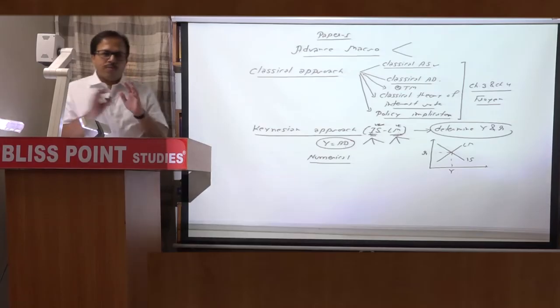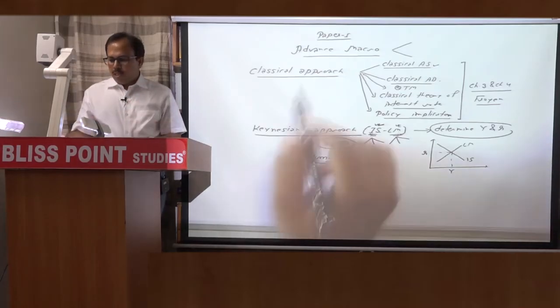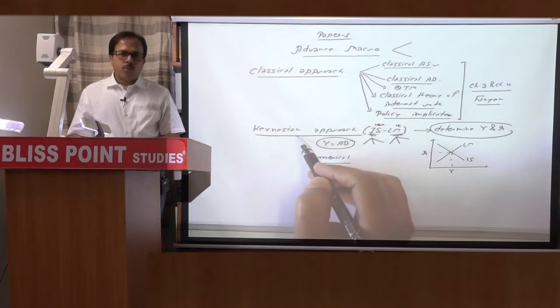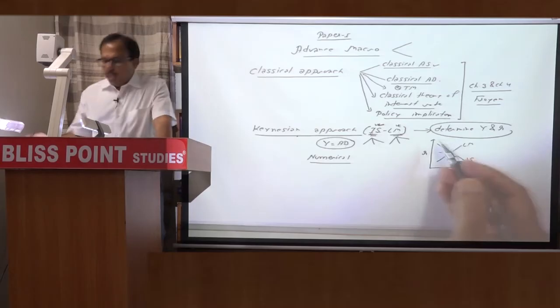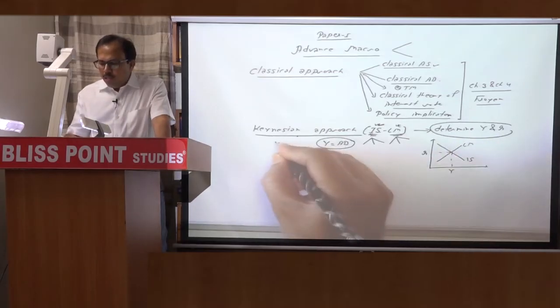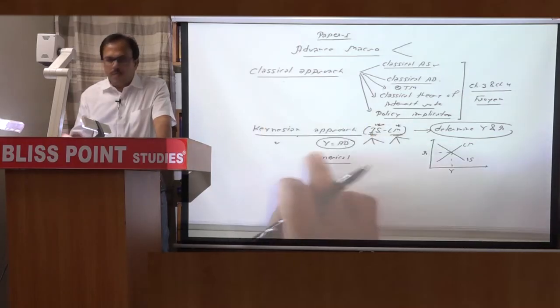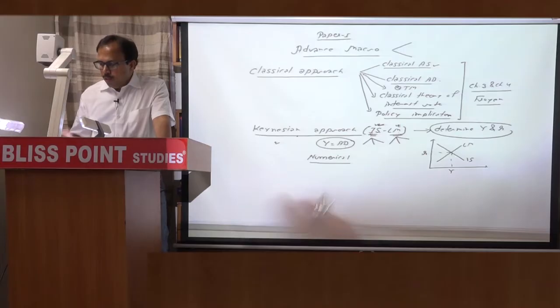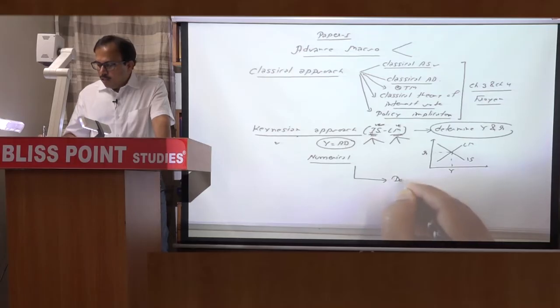Now out of those 5 or 6 questions, you will find at least 2 or 3 questions from the classical approach and the Keynesian approach. In the Keynesian approach, it is mainly IS and LM and determination of income and interest rate, but this will take more time as compared to the classical approach, because there are many short questions also involved here in the Keynesian approach. The reference for the Keynesian approach, I will suggest